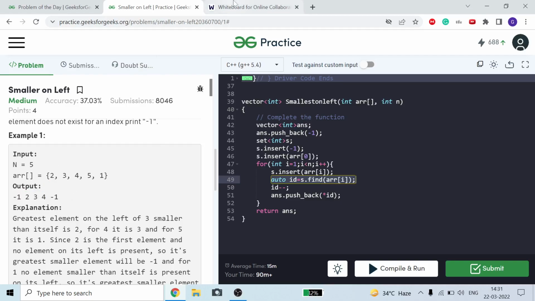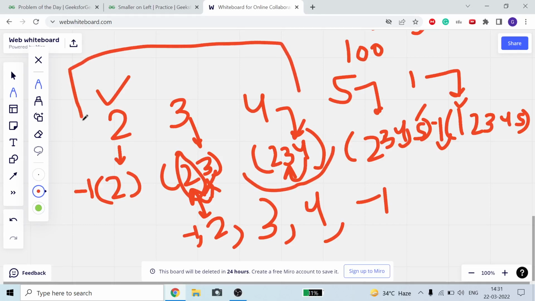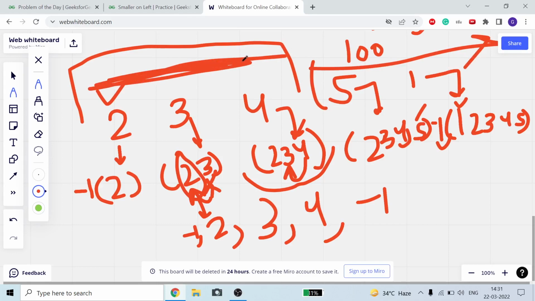Now why are we doing it? Because when we insert a number in our set, it will always be in ascending order, and this particular set contains the numbers in this range. It doesn't have any numbers from the left. So it will contain only the numbers from 0 to i, and from 0 to i we found the ith number. And you know it is always in ascending order.